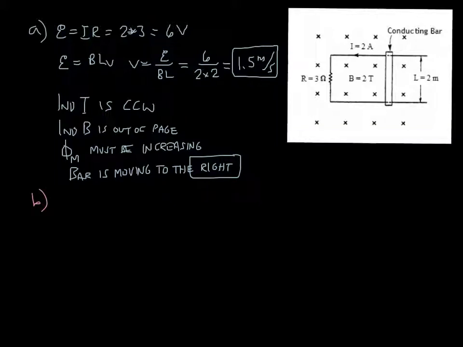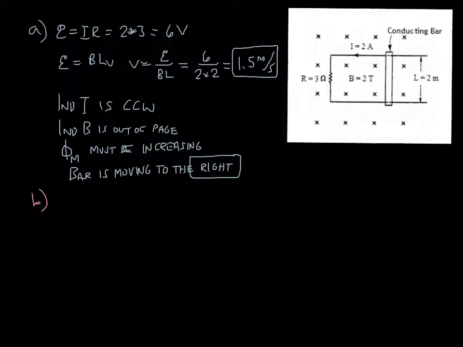For part B, determine the magnitude and direction of the external force that must be applied to keep the bar moving at that velocity. So, going to the second right-hand rule, you can see that if you put your fingers in the direction of the current in the bar, which is going upward, since the whole thing is going counterclockwise, put your fingers pointing upward and curl them in the direction of the magnetic field, which is into the page, you see your thumb is pointing to the left. But we want the bar to be moving to the right, so we have to apply a force to keep the bar moving to the right that has to counteract the magnetic force to keep it moving at a constant